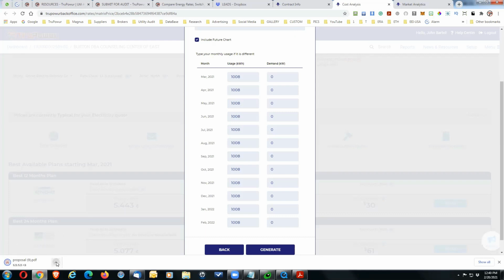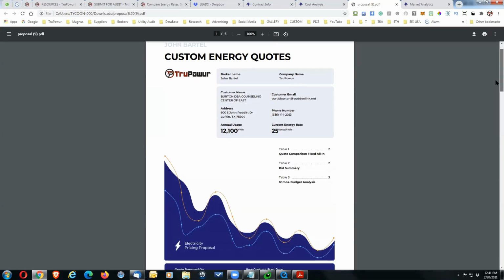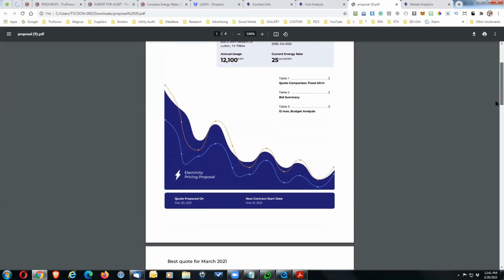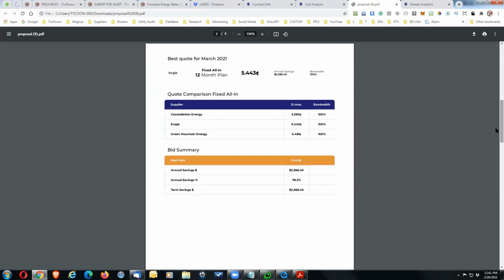So let's go ahead and open this. All right, so here is the proposal that we're going to want to send to the customer. It's got the customer information, their usage, and what they're currently paying. And if we come down to page 2, it's going to show the 3 suppliers that we selected, being with